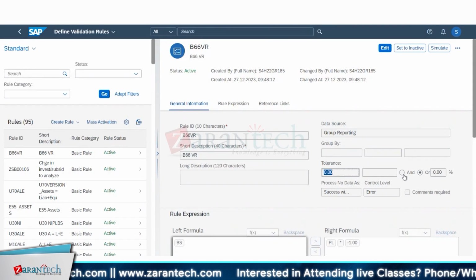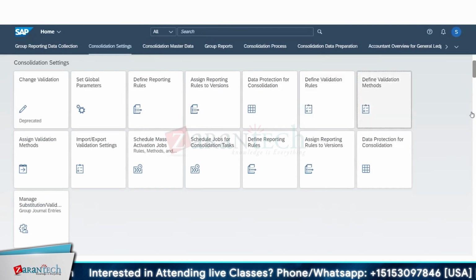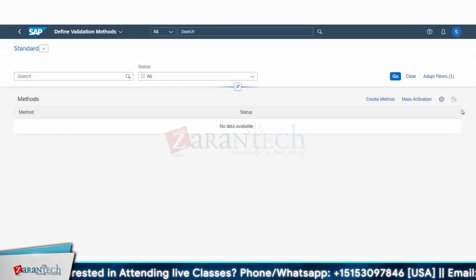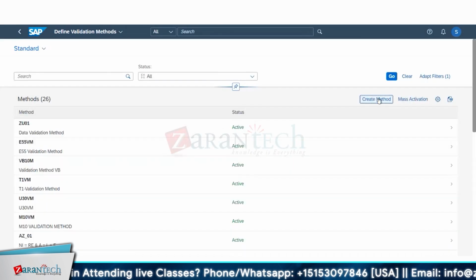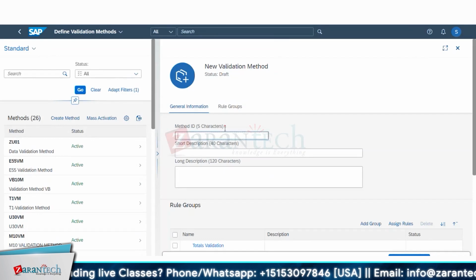You can say and, or percentage also you can put. Okay, and which one to take. Okay, and then you can put that also. So here I'll come to validation method. When I come to validation method, I'll click on create method. Okay, validation method. Here I'll say